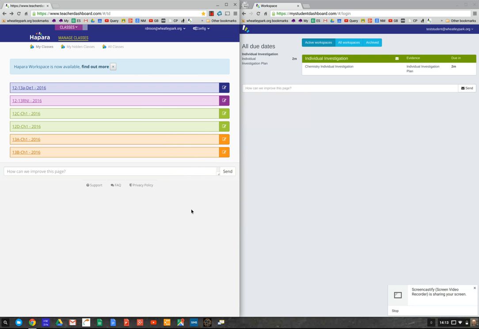Okay, this is just a quick look at the open beta of Hapara's new Workspace. This is an add-on for Teacher Dashboard that's bundled with it now, and I'll just take you through what I've found out about it so far. On one side of the screen I've got myself logged into Teacher Dashboard, and on the other side of the screen logged on as a test student via the URL